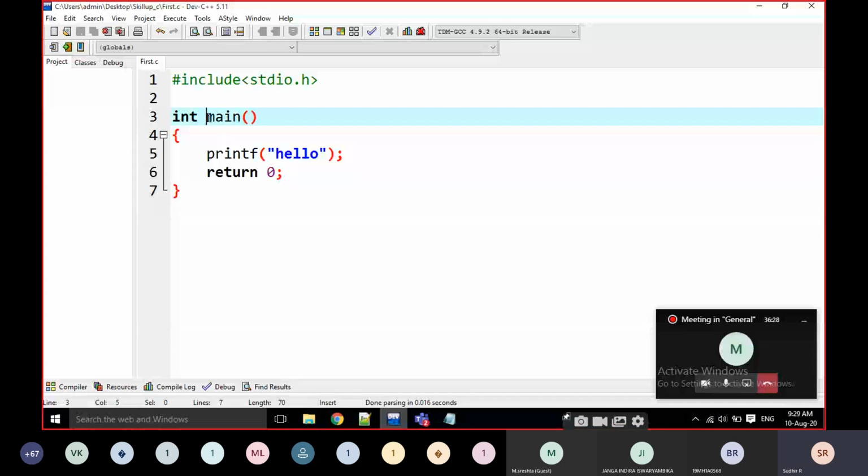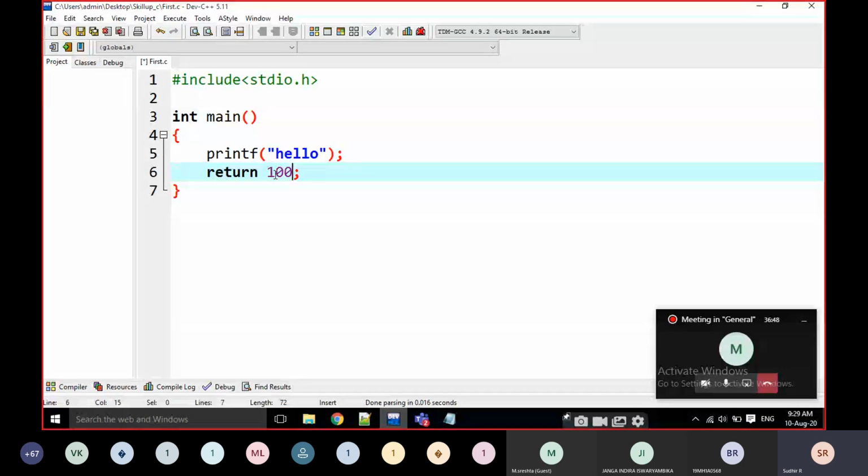That means main is the function. This is called the return type. This function is going to give some output as an integer value. That's why I'm writing return 0. Instead of return 0, we can write any integer value.